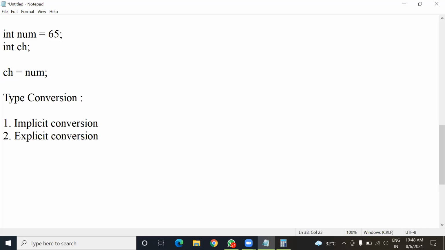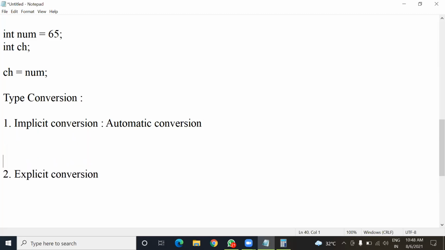Now, implicit conversion means automatic conversion. It means the conversion of one data type into another data type occurs automatically, that is, it is done by the compiler itself, not by the programmer.